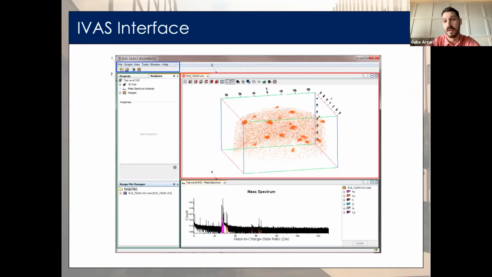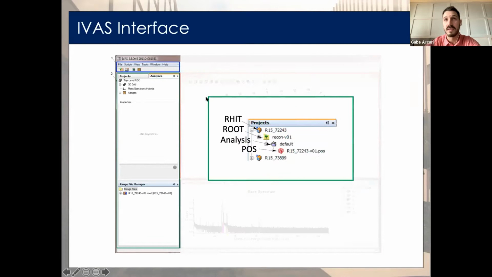There are 2 ways of starting a new project. The first is uploading your RHIT file, which is our raw data, and then proceeding with our reconstruction, which is saved in our root file. That will create an analysis folder as the output, and that contains our POS file.